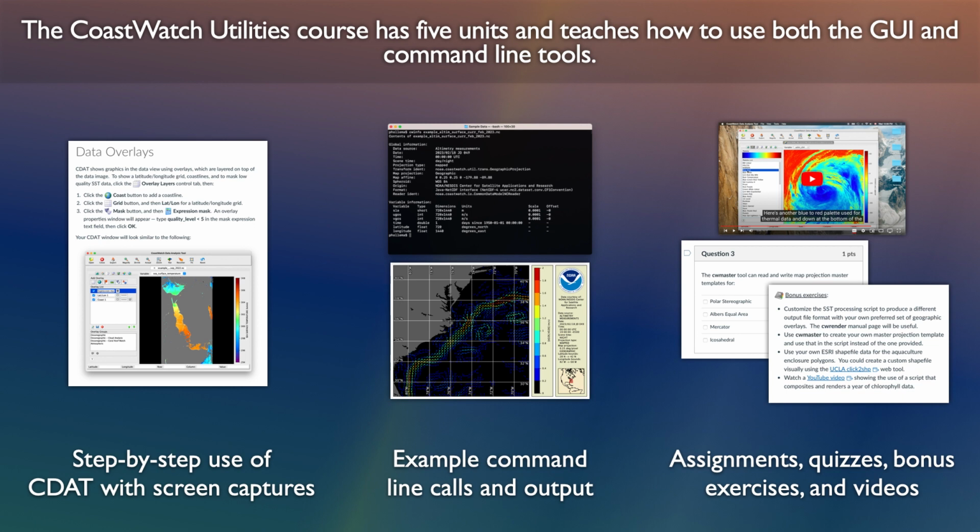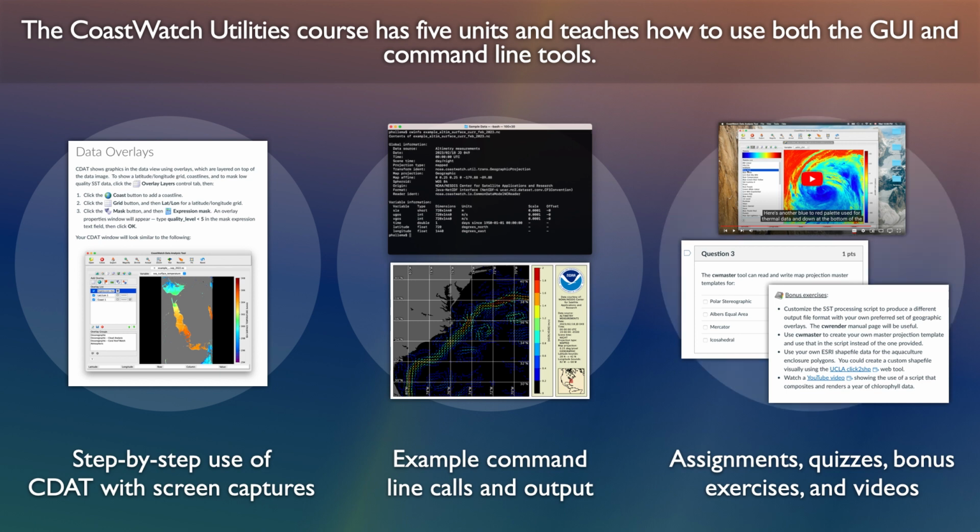There are step-by-step examples of using the Coastwatch Data Analysis tool with screenshots. We have exercises on using command line tools for common data processing tasks with the output that you would expect from the commands. And in order to reinforce the content, there are bonus exercises that you can choose to do, assignments, quizzes, and links to demonstration videos to watch.